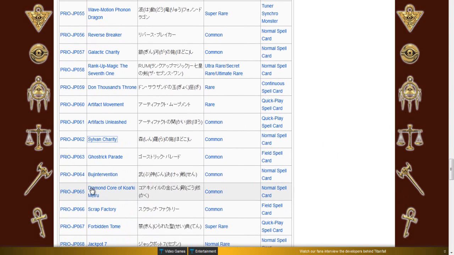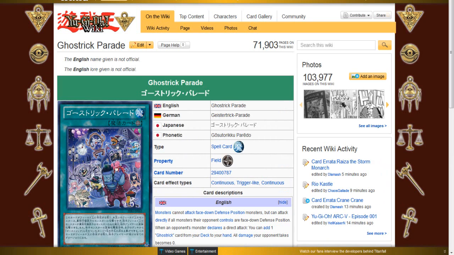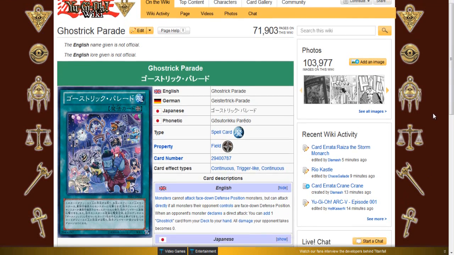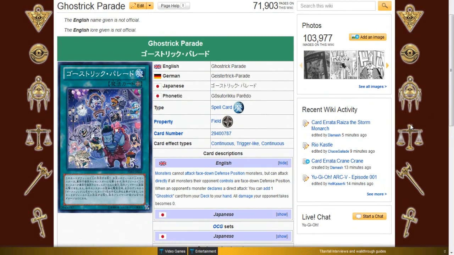Now we move on to Ghost Trick Parade. Why are you playing? I don't see any use in this card. No one does, especially when you have to compare it to stuff like Mansion. Mansion is so amazing. I'd rather run Mansion. The search is cool, but the fact that you can't deal any damage to your opponent while it's out, I mean...